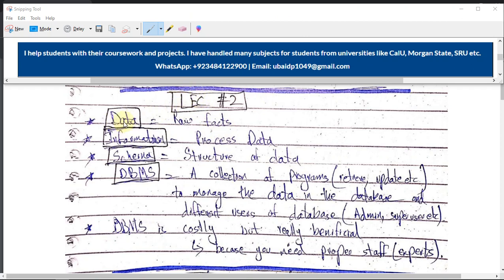And let's define the data first. So data is the raw facts. It can be about an event, it can be about an entity, or any other object you can assume, right? So these are the raw facts. And what is the information? So it is related to data which is processed. So you have some kind of context added into those raw facts, and now you are saying that is the